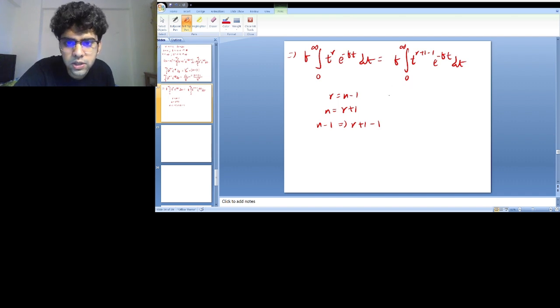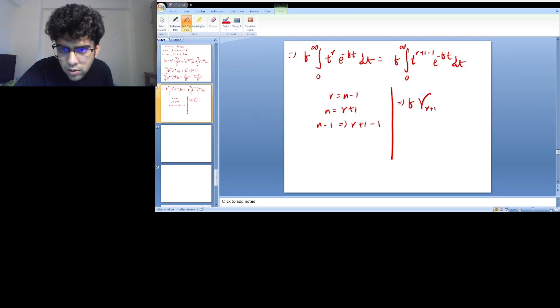So the value of this integral is b, the constant term, times gamma r plus 1. This gamma is the gamma integral, and this r is different, r plus 1, upon